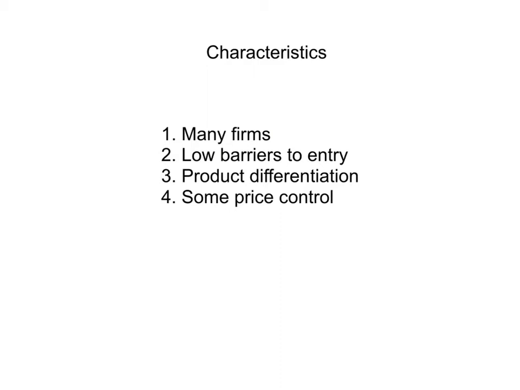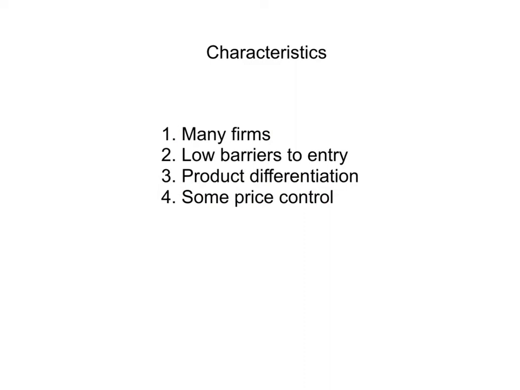from that is that in perfect competition, the products are all the same, that is, they sell commodities, whereas in monopolistic competition, the firms sell products that are slightly different from each other or somewhat unique. Or at least consumers think they're unique anyway. So this gives those firms some price control. They have some control over the price they can charge because no one sells something exactly like what they